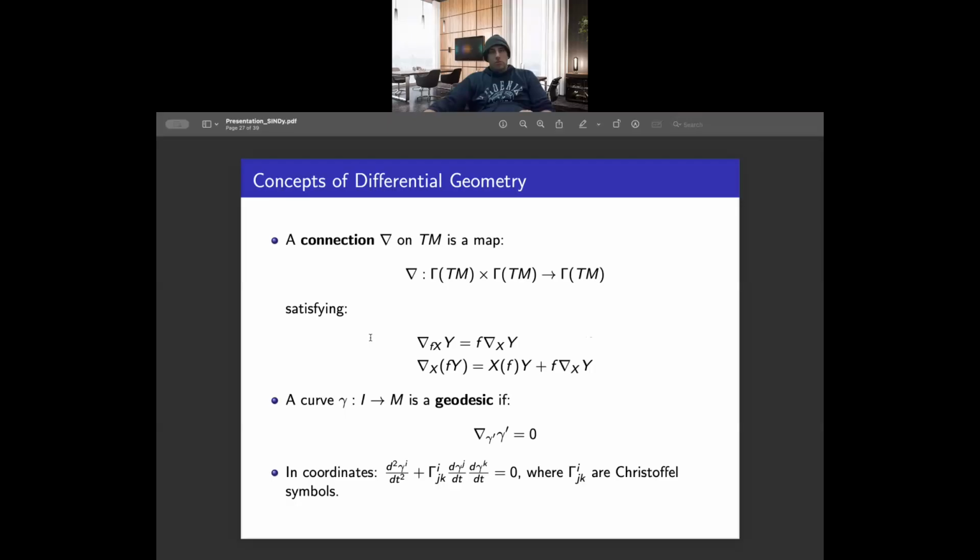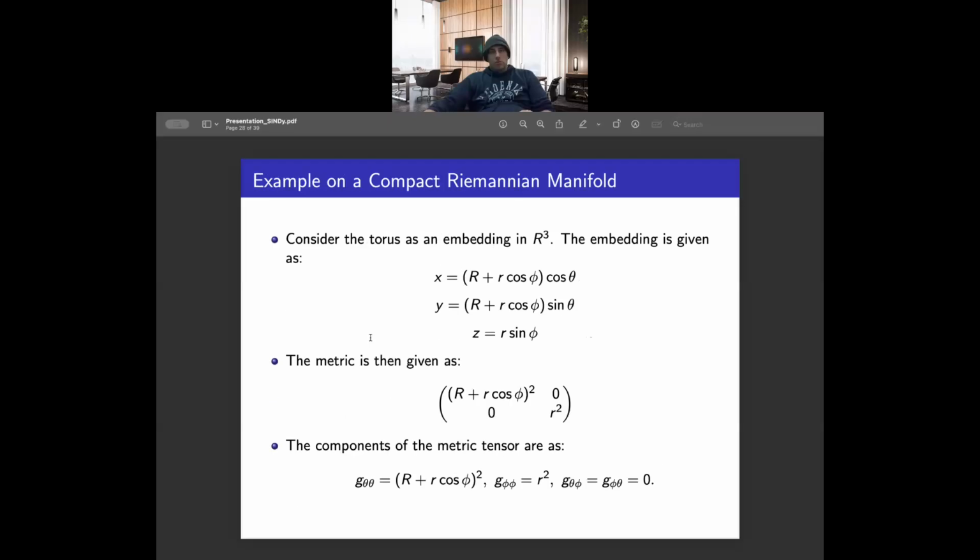And in the last line, this is the equation of the geodesic, and the gamma symbols that you are seeing, gamma i j k, are the Christoffel symbols. All the slides that I have explained about these differential manifolds and differential geometry are because I want to introduce these Christoffel symbols, because in our manifolds we have constructed the library using these Christoffel symbols. And from here is where we introduce the concept of compact Riemannian manifolds.